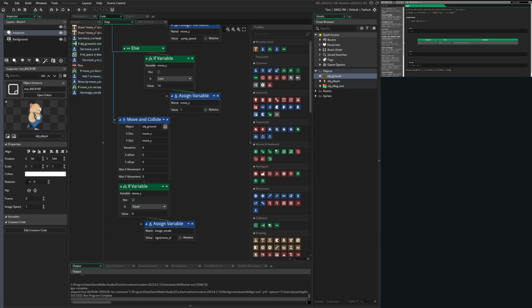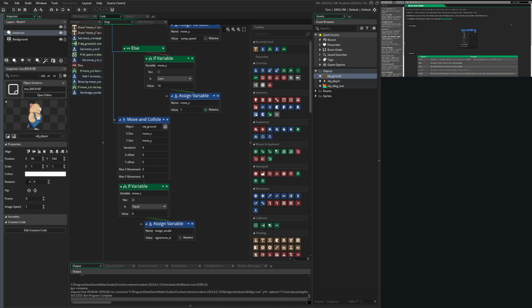Collide. This action moves the instance by the given distance on the X and Y while avoiding given objects. It allows your instance to move, navigating slopes or small steps that would otherwise prevent it from moving. The iterations argument is the number of steps it takes to hit the target position. So it takes 4 frames